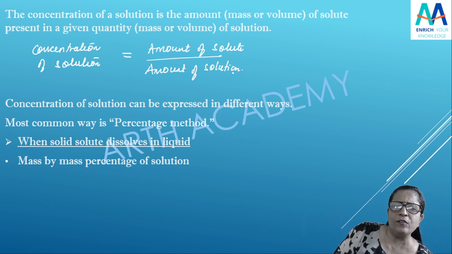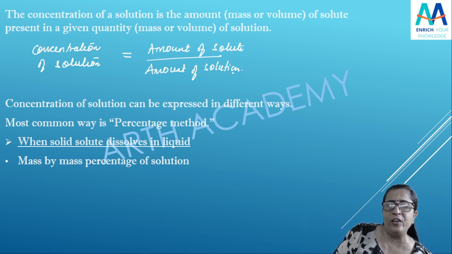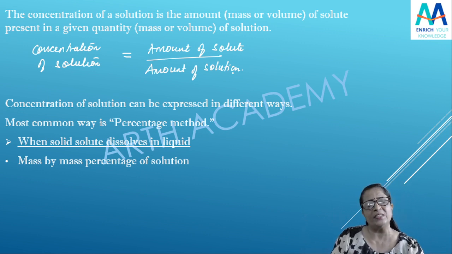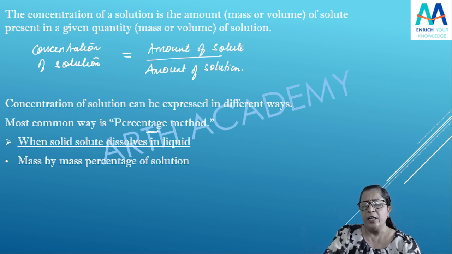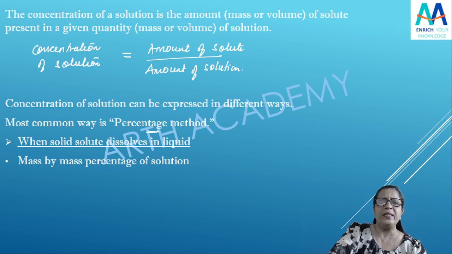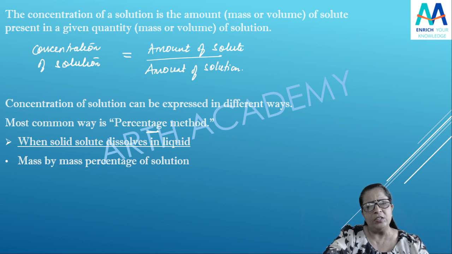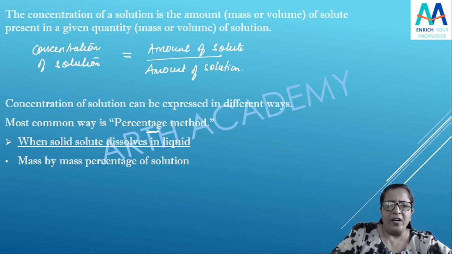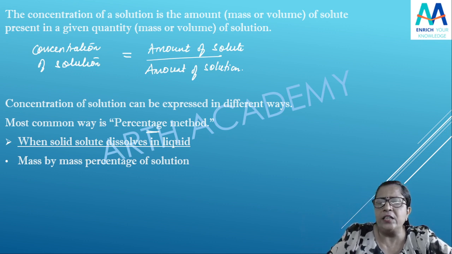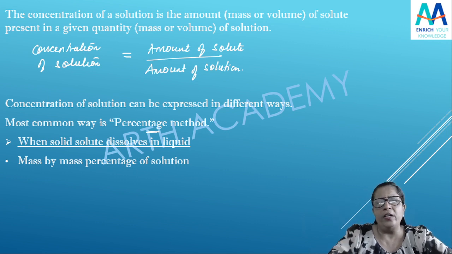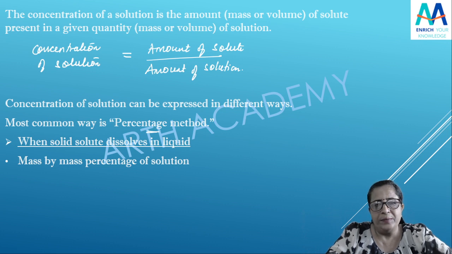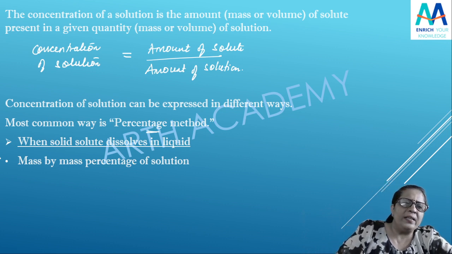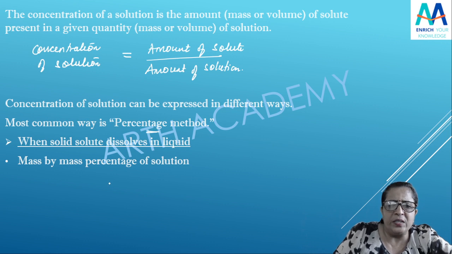Now, the concentration of a solution can be expressed in different ways, but the most common way is the percentage method. Now in the percentage method there are 3 methods that we generally see. I will give you the formula for these 3 very fast. When a solid solute dissolves in a liquid, if the solute is solid and the solvent is liquid, then we can use 2 methods: mass by mass percentage of a